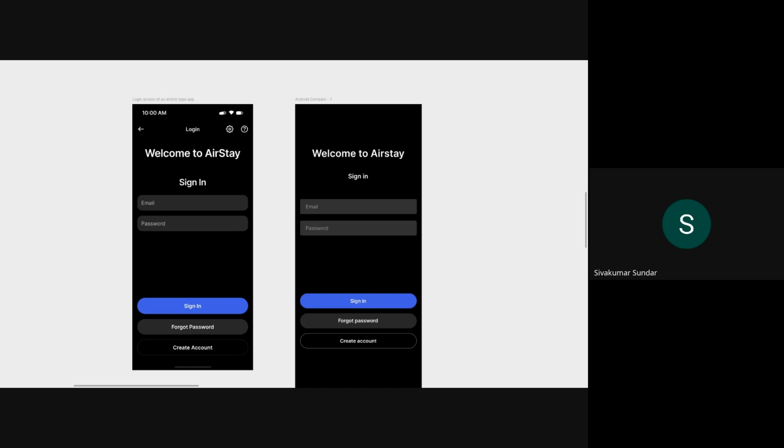That is one way, because let me show you. Wait, I'll show you. There are a lot of free icon sites, but